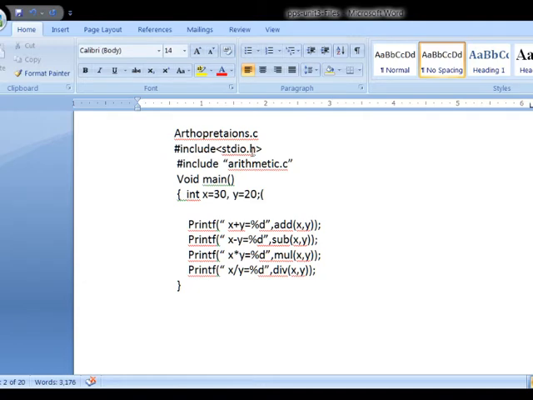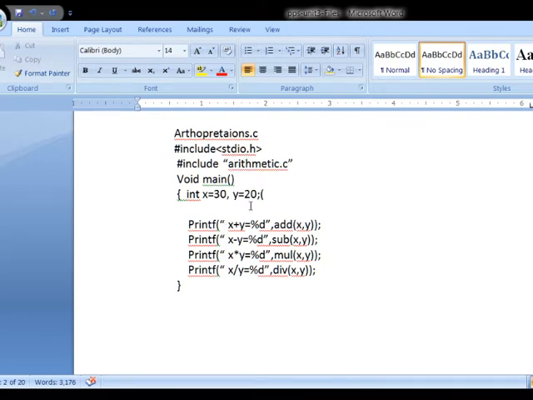stdio.h is the header file available in the C compiler. That's why I keep it in the less than and greater than symbols. Now I have to use one more file, arithmetic.c, present in my current directory. That is the reason I have to specify arithmetic.c in double quotes.